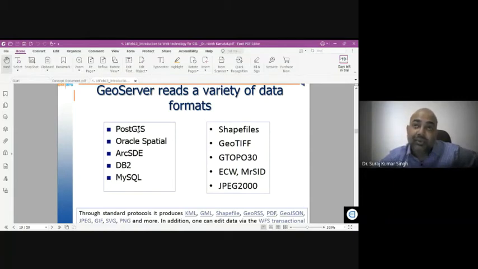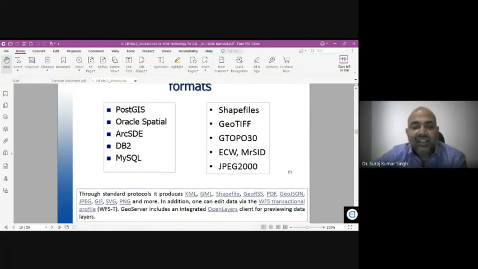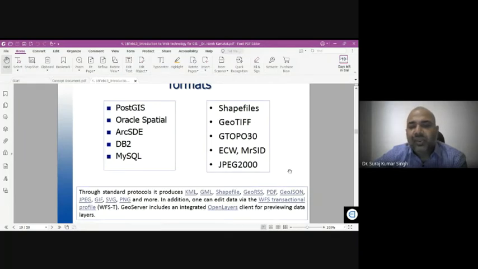It can read PostGIS, it can read Oracle Spatial data, then ArcSDE data sets, then databases, then shape files, GeoTIFF, GTOPO30, ERDAS, MrSID, JPG. These are the different kinds of data formats that GeoServer can handle.